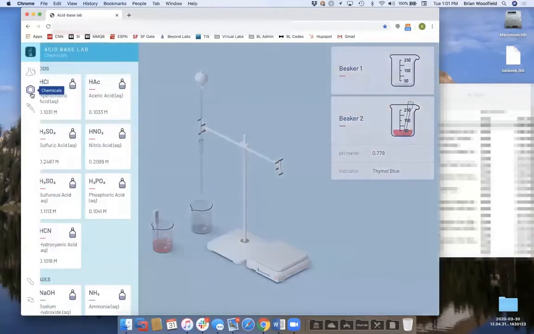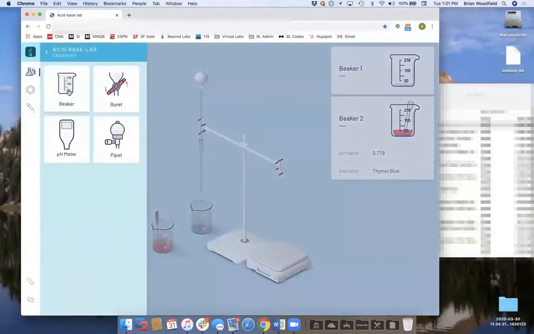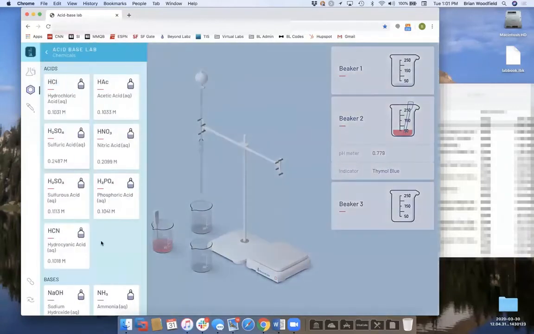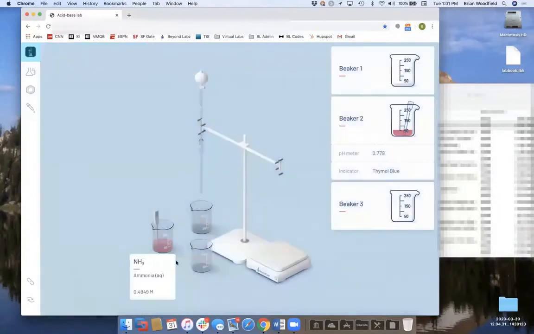But then what I can also do is get another beaker and add ammonia, for example, and fill that. So you don't have to do a titration. You could do qualitative experiments with pH and chemistry. So you can drag that on top and pour from my beaker, and it goes through the different color changes as I go through. And then what I could do is drag this guy, put it on the stir plate,